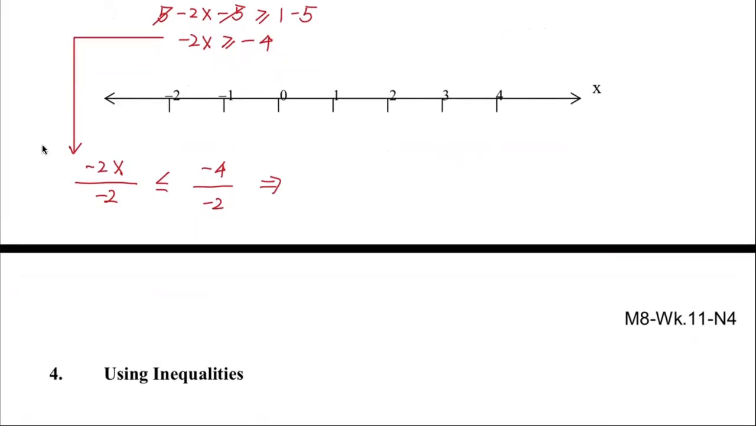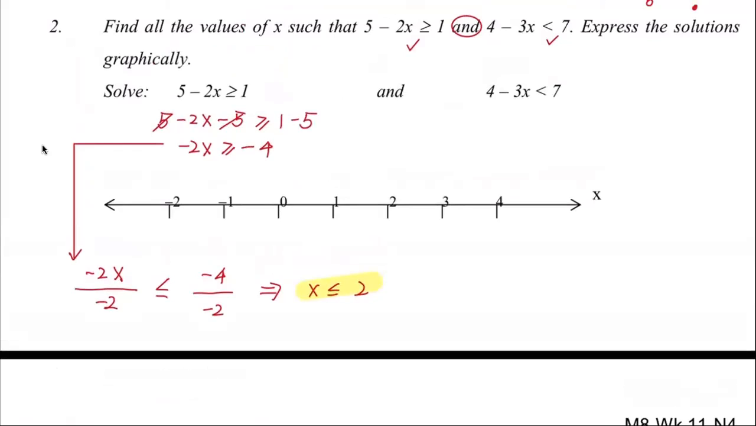Minus 2x divided by minus 2, that's x, right? And the sign doesn't change. Negative 4 over negative 2, that's 2, right? So first part of the solution is x smaller than or equal to 2. So this is the solution for the first inequality. The solution for the second inequality